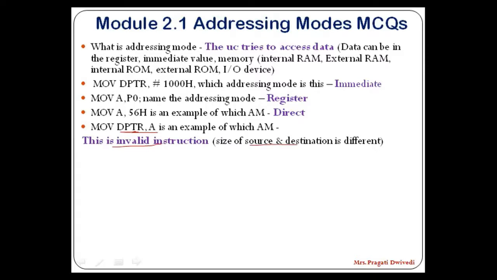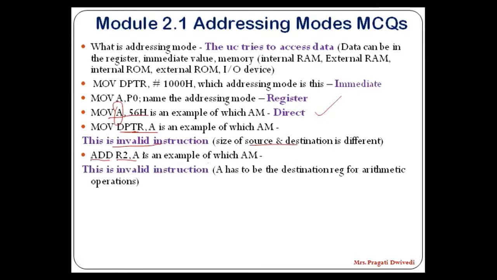So you should not just see whether the source and destination are registers. Plainly it is register addressing mode, but you have to see that the size of your source and destination should be the same. Okay, ADD R2 comma A. Again, your source is a register and your destination is also a register. And what operation you have to perform? You have to add. So it is register addressing mode.